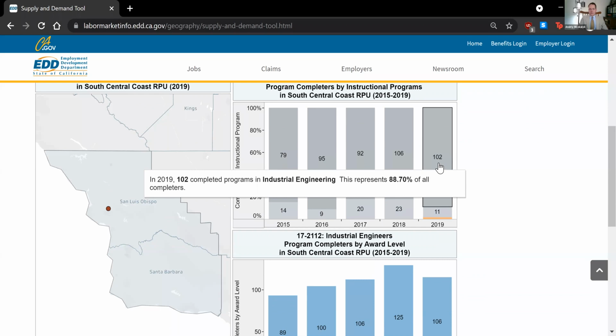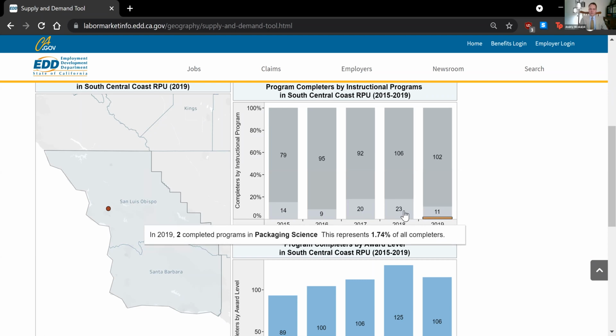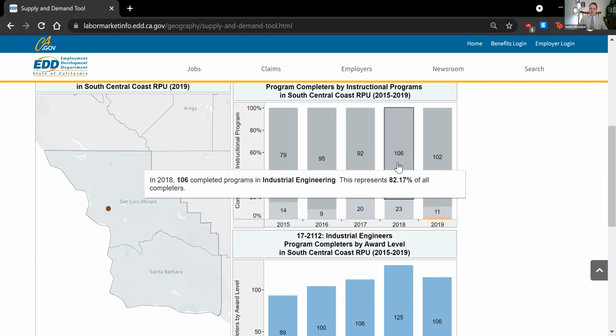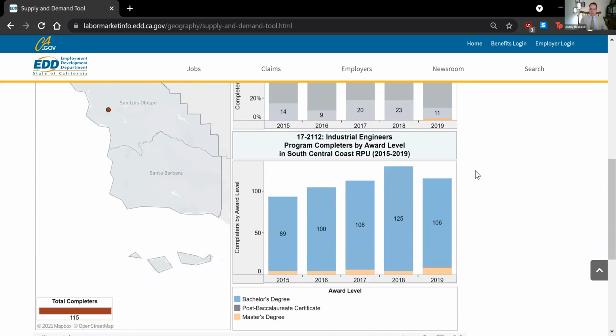Also, it provides the breakdown of the type. So industrial engineering versus manufacturing engineering or back in science. Manufacturing engineering 23 and 106 for industrial in 2018. So this is just a tab that allows to delve more deeply into the characteristics of program completers. What it tells the researchers is that the industrial engineers is a program that requires some years of